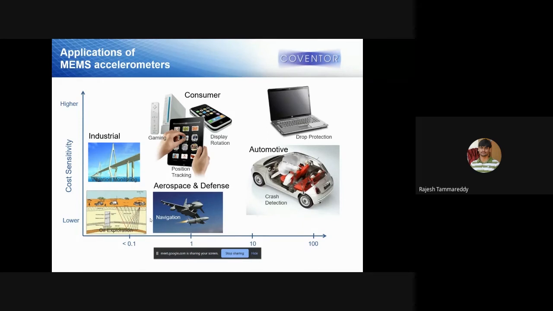Does anybody remember in the news that some people's parents fell down wearing an Apple Watch, and it gave an alarm to their relatives or children saying that something happened? How is that? Because there is an accelerometer in the Apple Watch. So when a fall happens, the accelerometer detects that fall as a force and gives an output for the next behavior. Next.